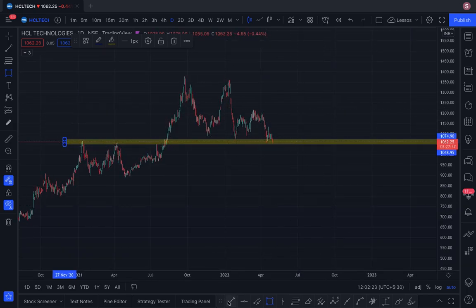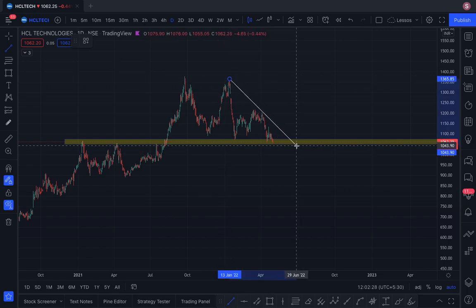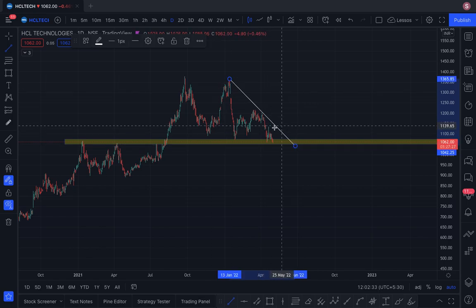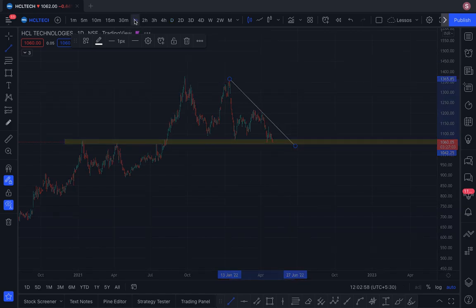No, you can further add your confirmation when you draw a trend line. If I draw a trend line from here, you can see 1, 2 touch points have happened. The more touch points happen, the better. So now suppose the price bounces up here, it must cross this trend line and take a pullback and go up again. So unless the price simply bounces here, I'll not take the trade. The double confirmation will happen when the price bounces up from here, and then it takes a pullback and I'll take the entry here. If you look at the 1 hour chart here,